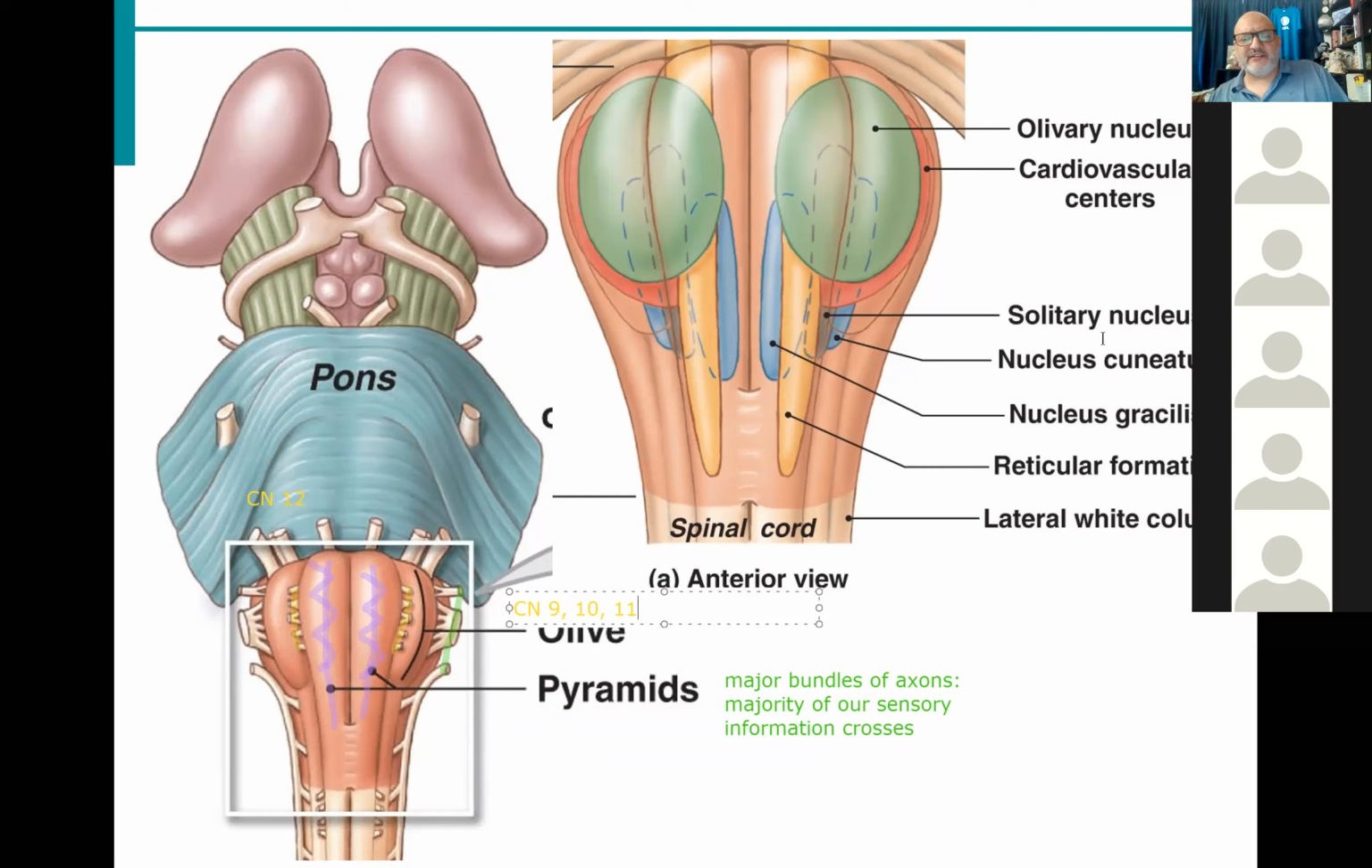Again, we'll talk about them. We'll talk about what they do. We'll do all of that in a little bit. But the reason I point out cranial nerve 12, the reason I point out cranial nerves 9, 10, and 11